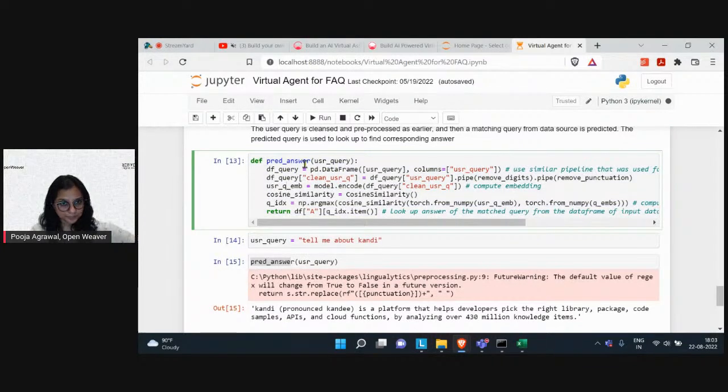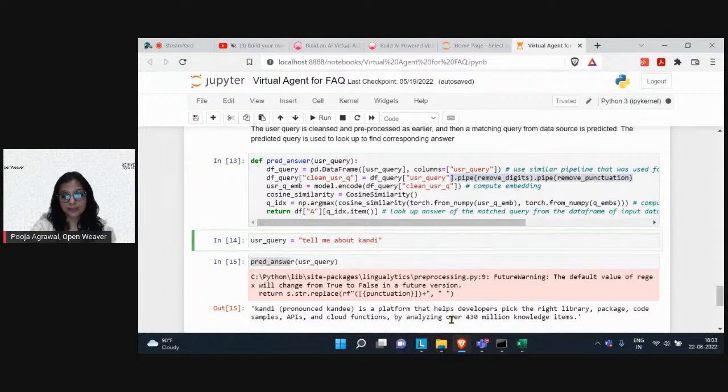This is the body or the entire definition of this method. So your query will go here. This user query tell me about kandi will be passed here, and then it will be converted into a column, df underscore query, and then it will be removed for any digits and punctuation. Same steps are followed, right? We have to clean the user query here itself. Suppose this had tell me about candy and 456 digits like this. So I'll have to reload it. I'll showcase it to you. But let's understand the code again.